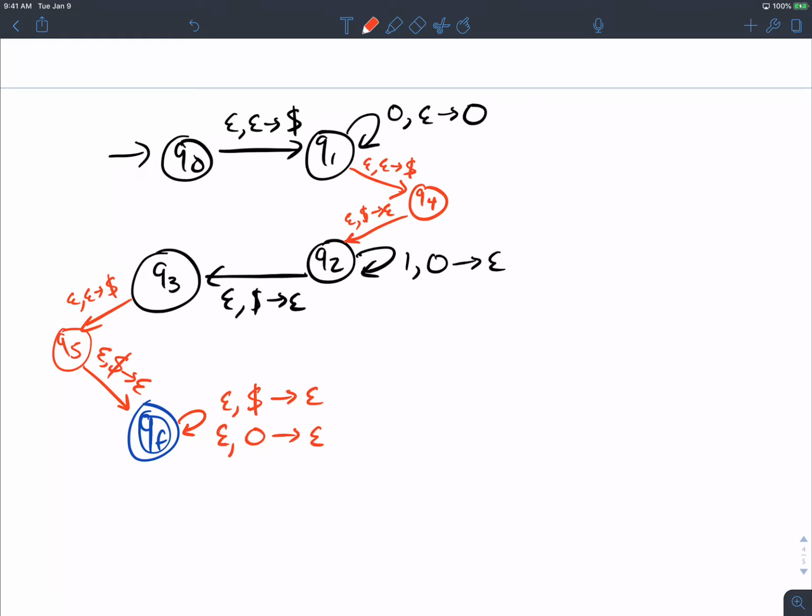So if I were to ask you this on a test, as you can see, it could be a very big PDA starting from a small one because you got to make a lot of fixes to it and add a lot of states. And it's actually going to get a lot worse, as you'll see in a second.